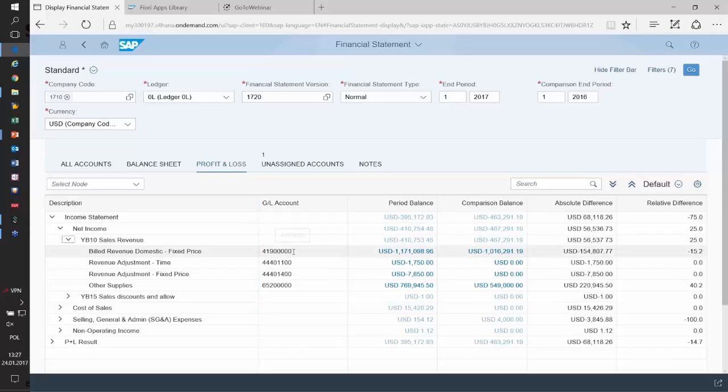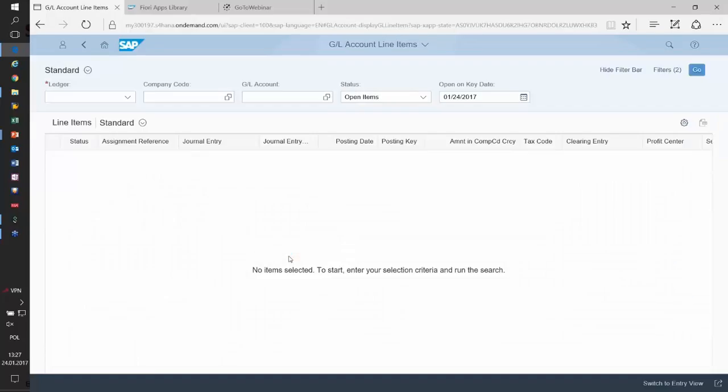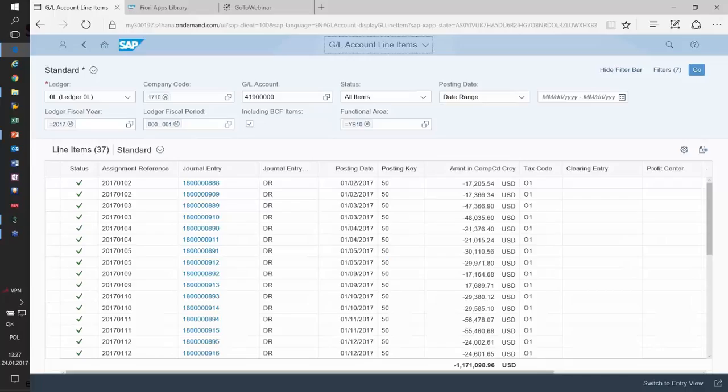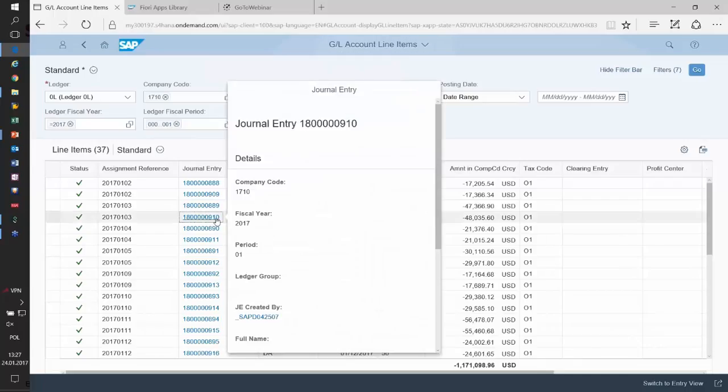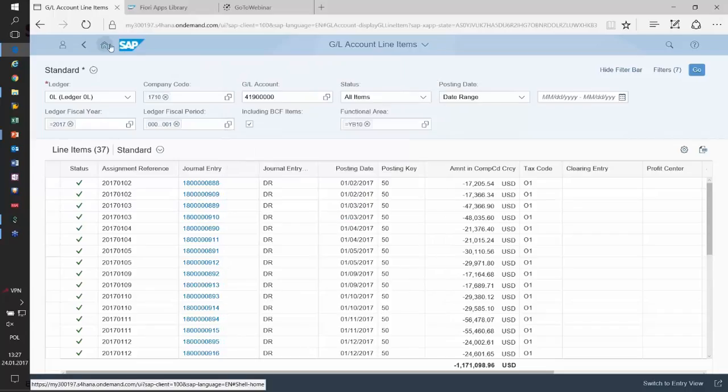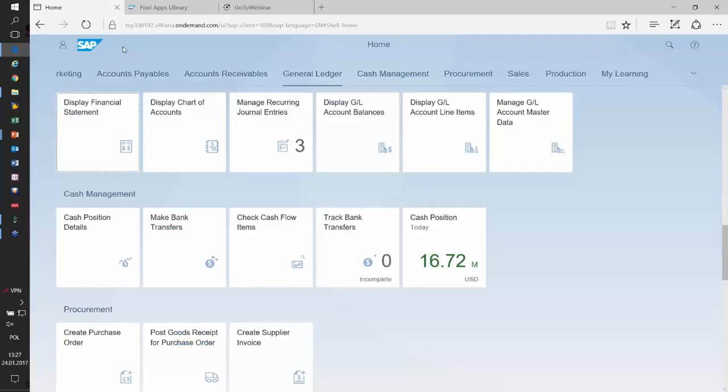And I can go down to a separate account level, and on the account level I can go further, for example, to display line items for the account. And from here I could display an accounting document as well. I will return back to my main screen and perhaps show something else interesting as well